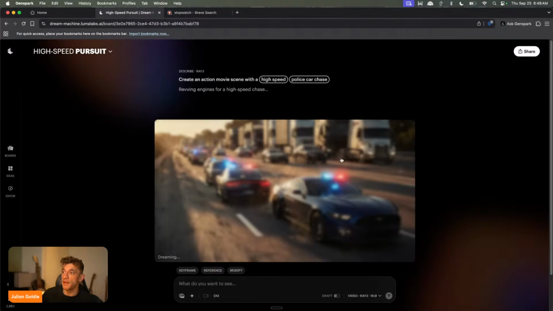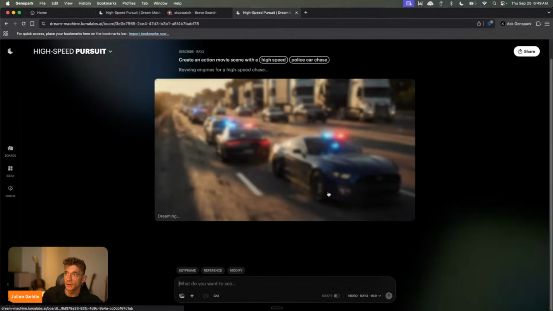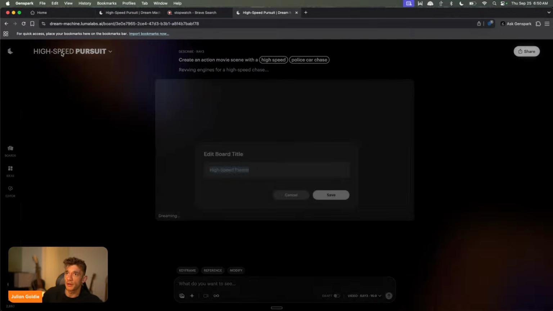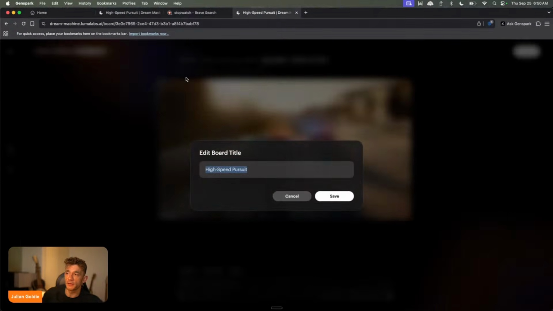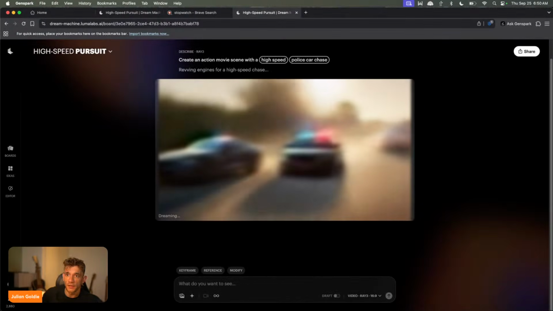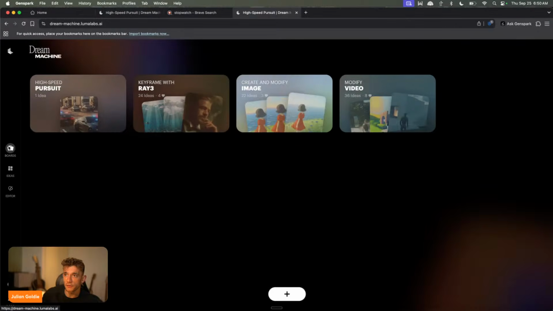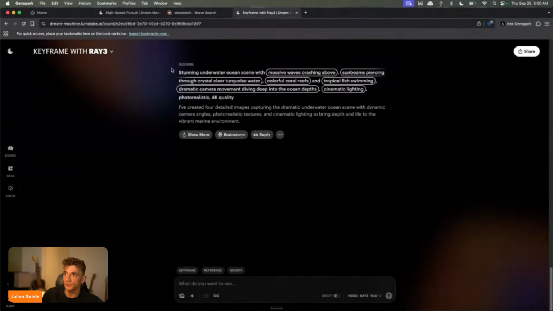So it's kind of got the basic image. It says it's dreaming up. Now I think what we can also do here is probably generate 2 at the same time. So if I duplicate that, you can rename it in the top left here as well. And then if we go to boards, keyframe, I think we can upload an image of ourselves and use that inside the images as well, right?